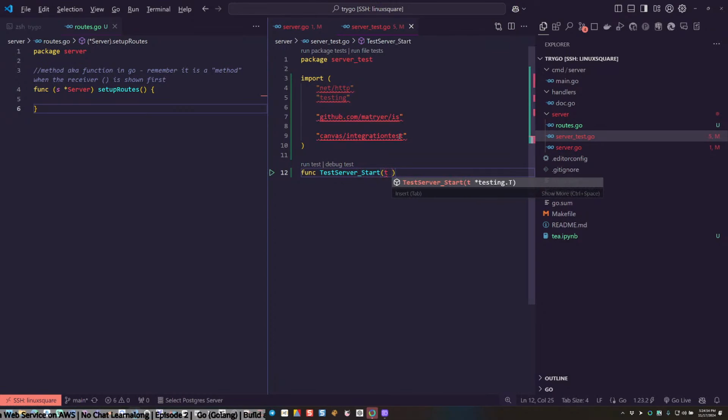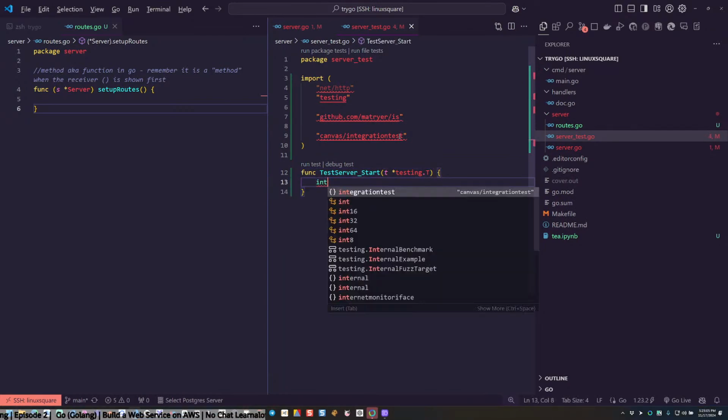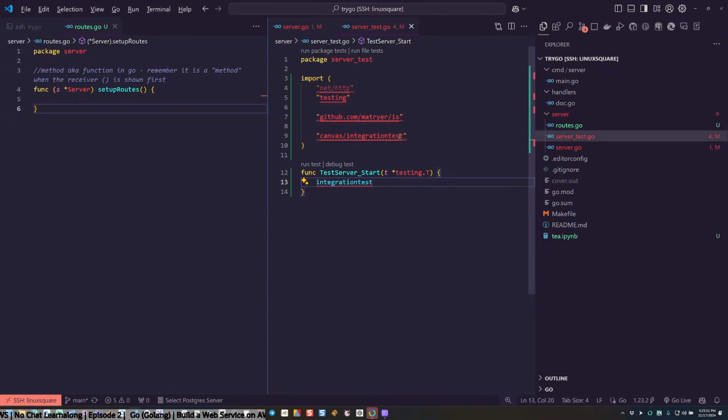T pointer to testing.T. Canvas integration test. That, yeah, that's the one. Skip if short T.